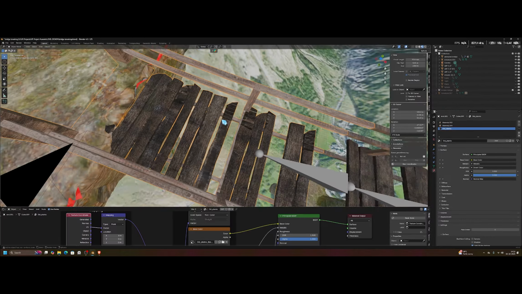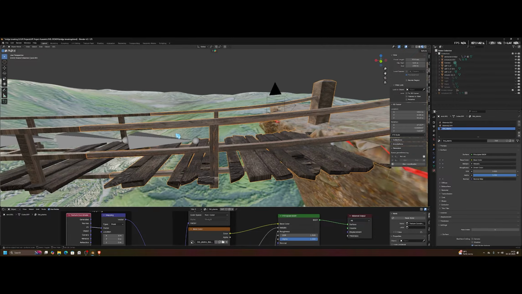Fixed. Let's go back to layout, and now I also have to change